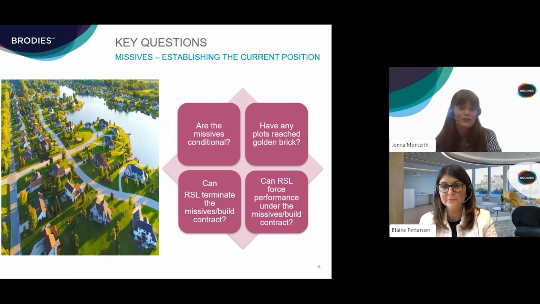The RSL is going to have really strong knowledge about the site, about construction progress on the site, as well as the factual legal position as to where we are around achievement of golden brick status